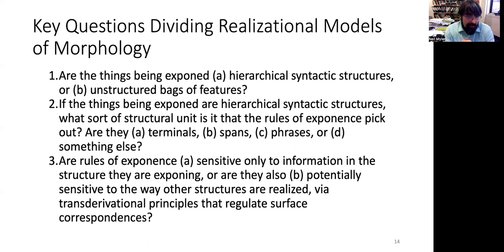Second, if the things being exponed are hierarchical syntactic structures, what sort of structural unit is it that the rules of exponence pick out? Are they A, terminals, B, spans, C, phrases, or D, something else? It has to be a syntactically defined object of some kind, given the nature of the architecture of the grammar, but which is it? That's another question. And then thirdly, are the rules of exponence A, sensitive only to information in the structure they are exponing, or are they also B, potentially sensitive to the way other structures are realized via